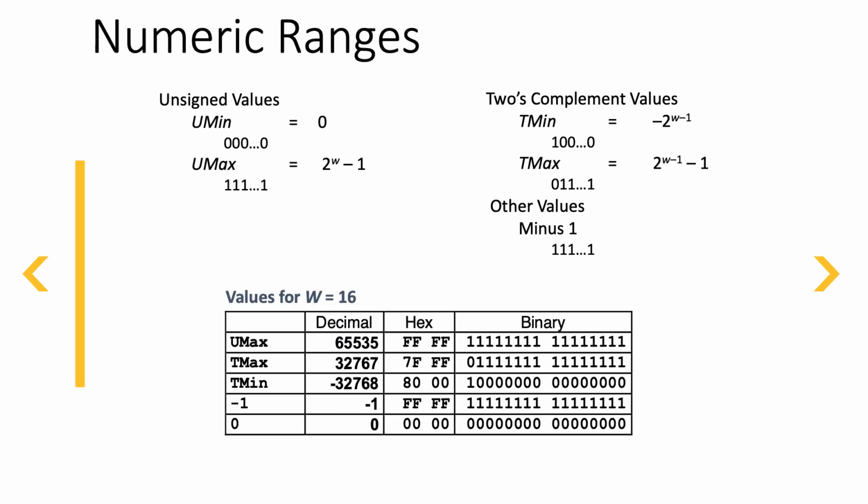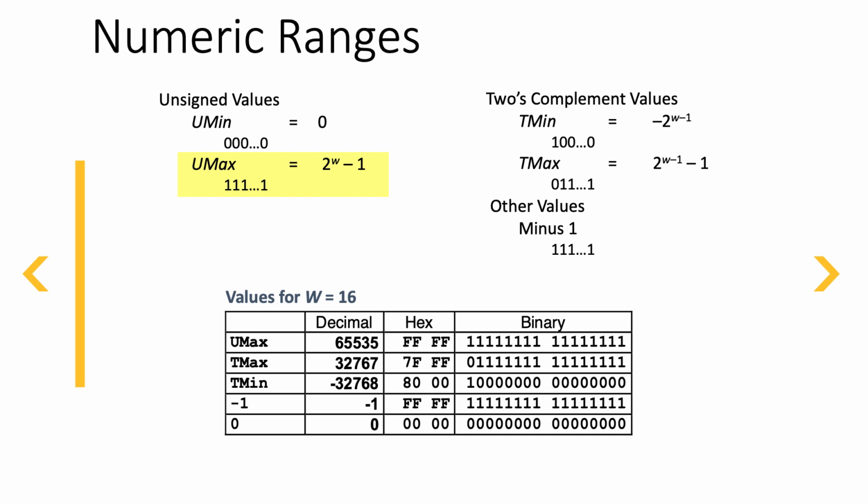Now, the way all of that works can give us some information about minimum and maximum values, depending on whether we're using unsigned or 2's complement integers. So, for example, we'll use UMin for the minimum unsigned. That's just going to be 0, because with unsigned we don't have negatives to deal with, so it'll be a whole bunch of zeros in the bits. UMax, because we don't have that negative weight on the most significant bit, this is all positive weight, so